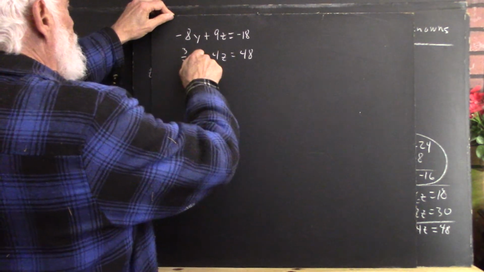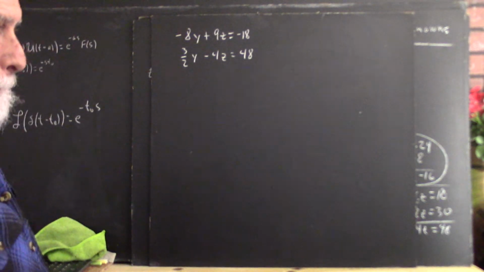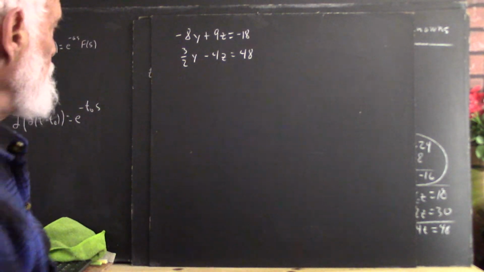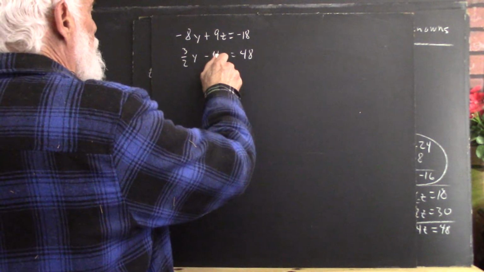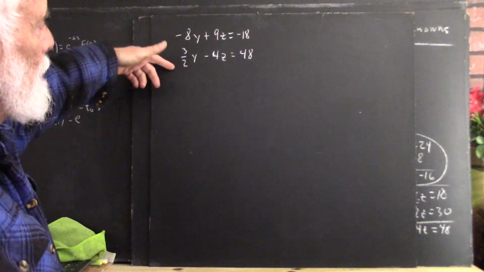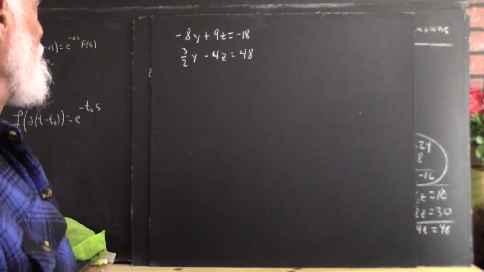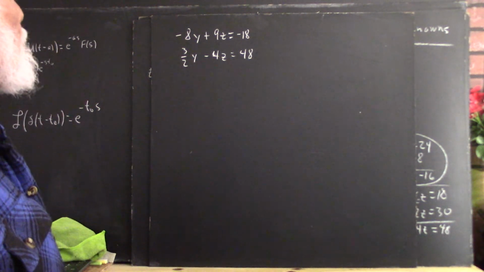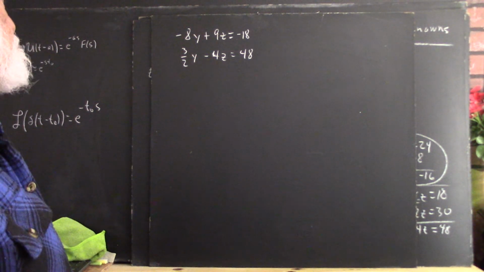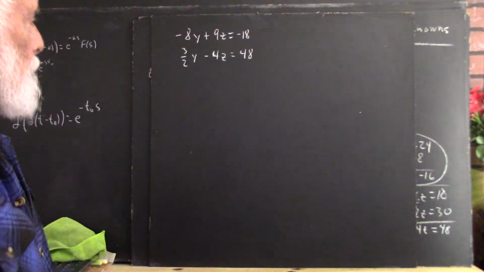Z here, Y here. Okay? Now, how do we want to solve this? We can't match up the variables by just multiplying one equation by a number. Actually, we can. But if we want to keep it in whole numbers,